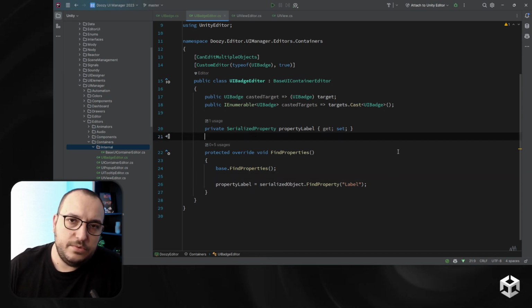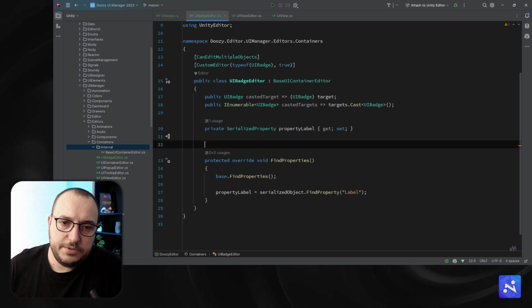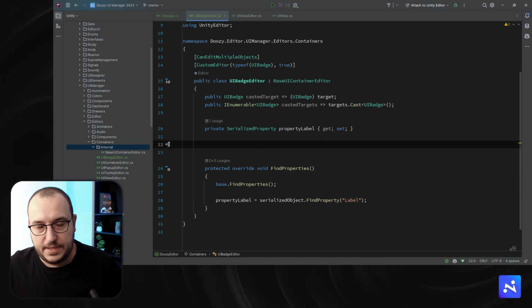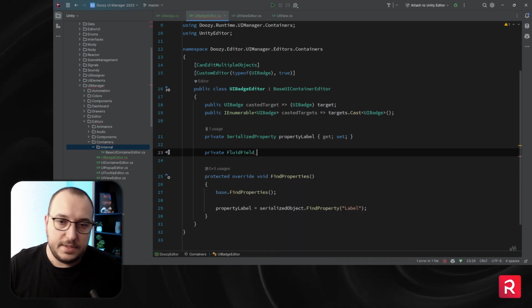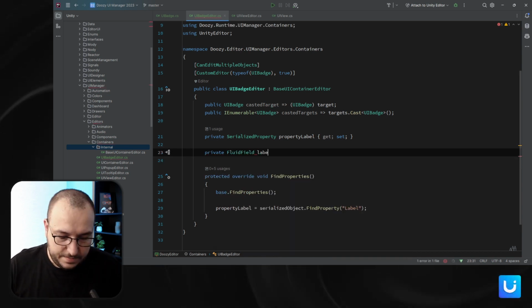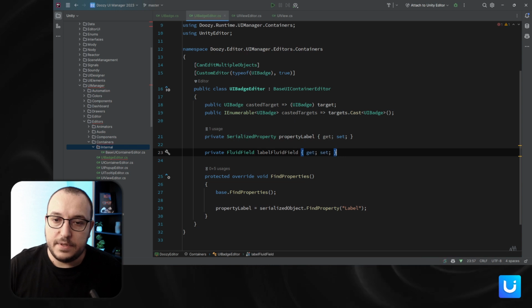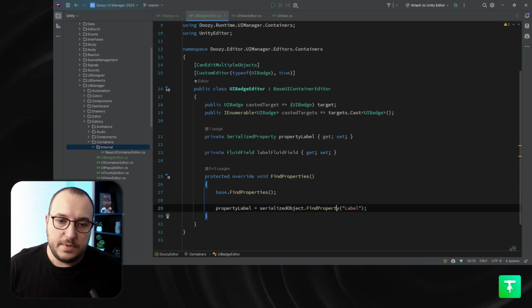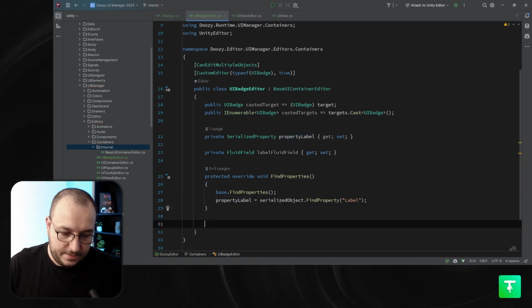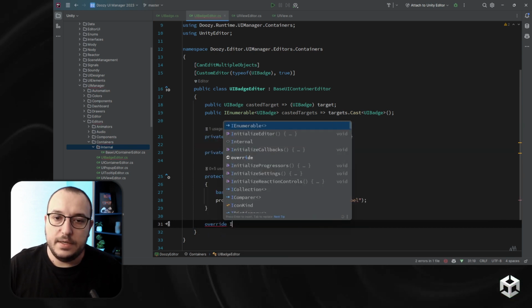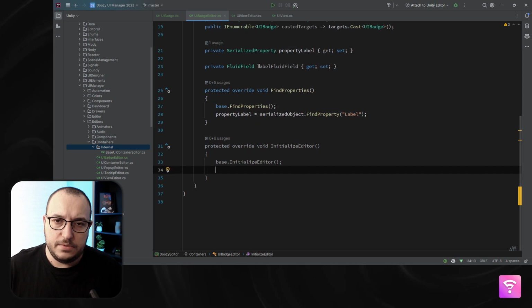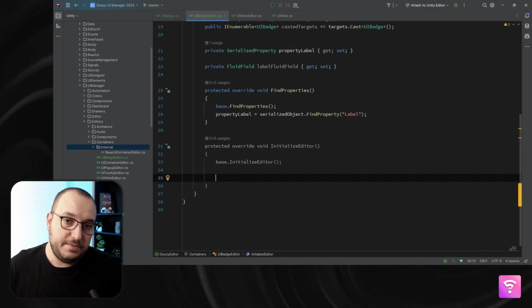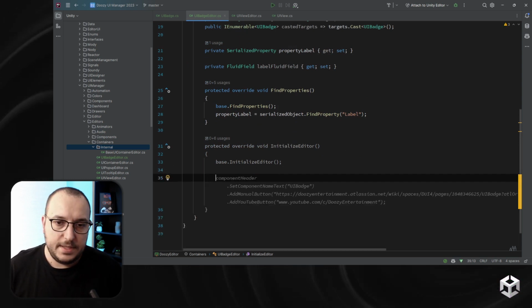Well, I need a way to show this property label, and usually I use an input field, a fluid field. I'm gonna say private fluid field, and I'm gonna say label fluid field. All right. Now I'm also gonna override initialize editor, and here I need to create my object field, of course, to get the reference,